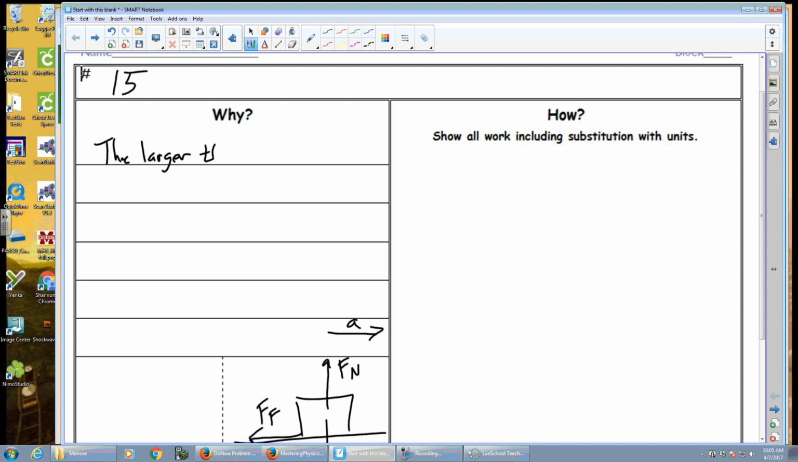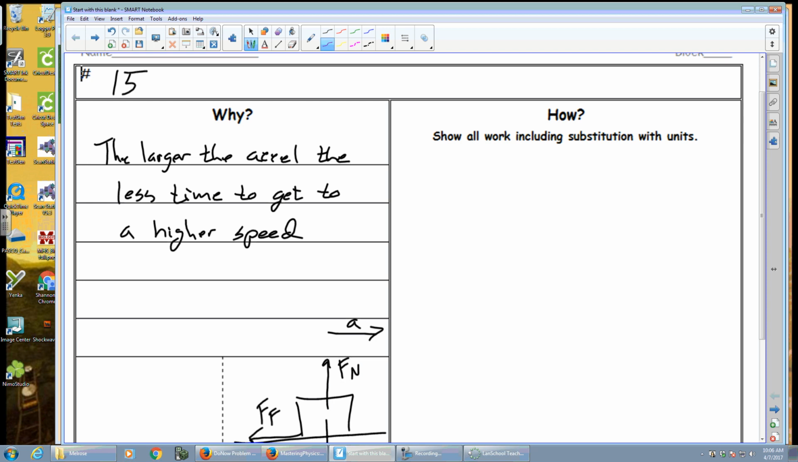The larger the acceleration, the less time to get there. So the concept that isn't shown by our diagram is that second part, which is that it's going to take you a longer time at a lower acceleration to get to that speed, right? Or however you want to say it. All right,